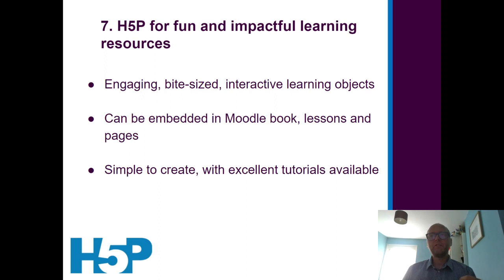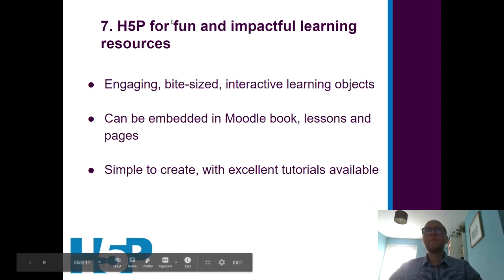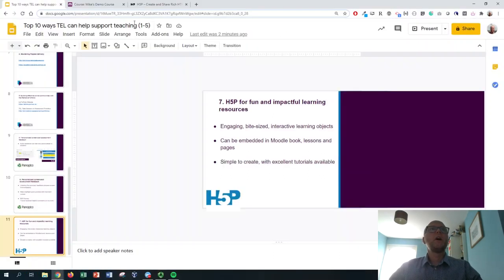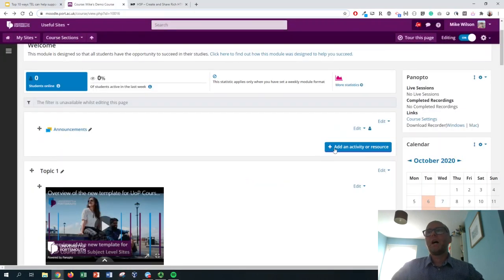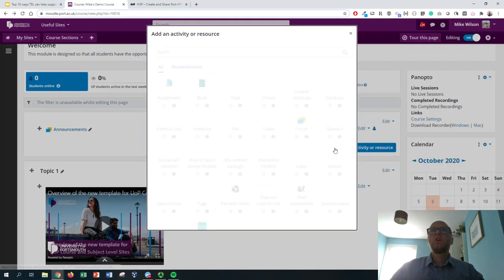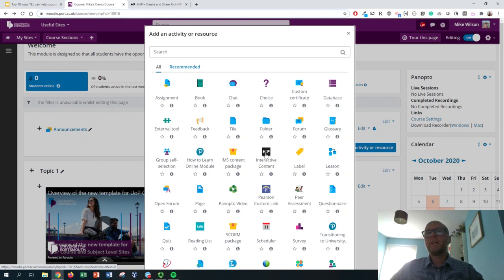They're very straightforward to create. As I say, there's a wide variety of objects, and each of those objects has a really good tutorial attached to it as well. I'll show you how you access those via Moodle to start with. So if you go into Moodle and add an activity or resource, you will find H5P Interactive Content right there in the middle. So press on that one